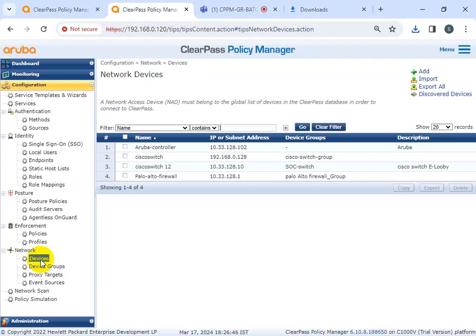Okay. How can I automate this? I mean, how can I